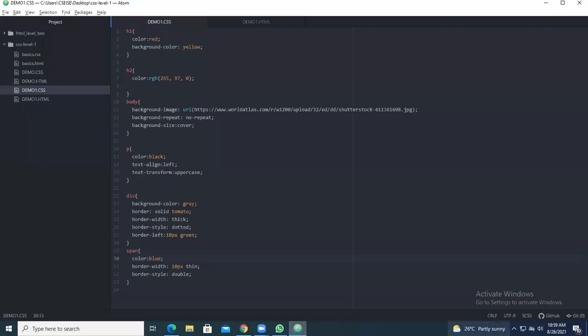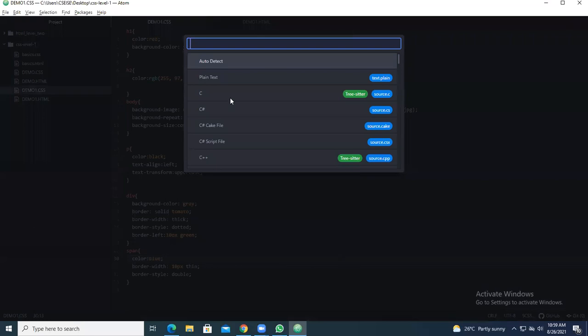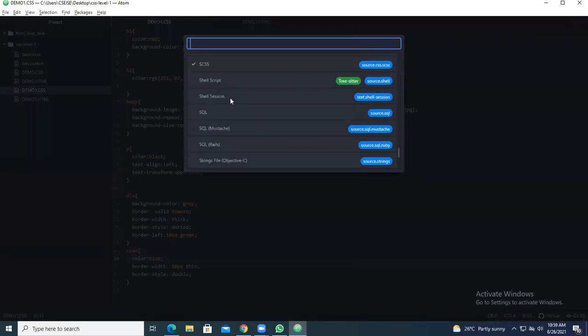Okay. So that is the demo of adding background. A better thing while choosing the CSS file at the bottom: use SCSS. There you can choose this particular thing. Go down and here you choose SCSS.